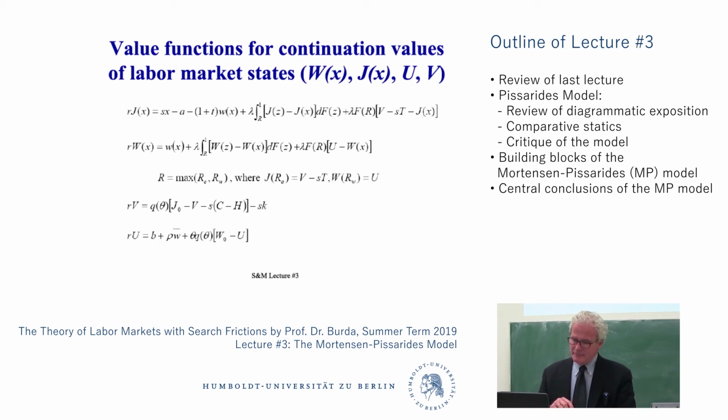Nothing can happen. There's no Poisson incidence in the next period, so nothing happens. I'm still at J of X. Or something happens, and it's a good thing: I'm still alive. X, in the new draw, is above R, and it has to be less than 1. And then, of course, I might have bad luck, and I draw an X that's less than R. So that describes the asset valuation of having a worker in work.